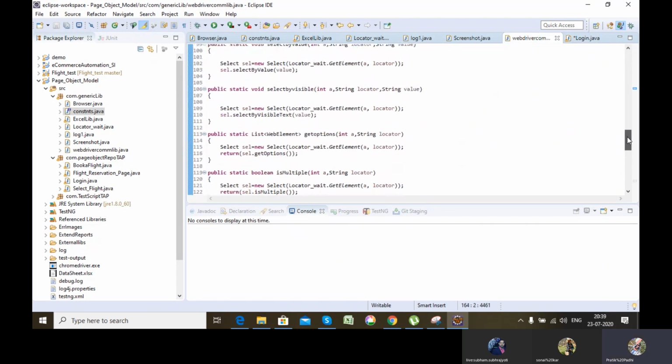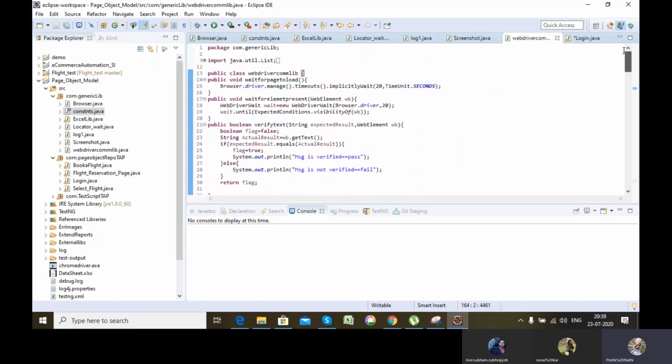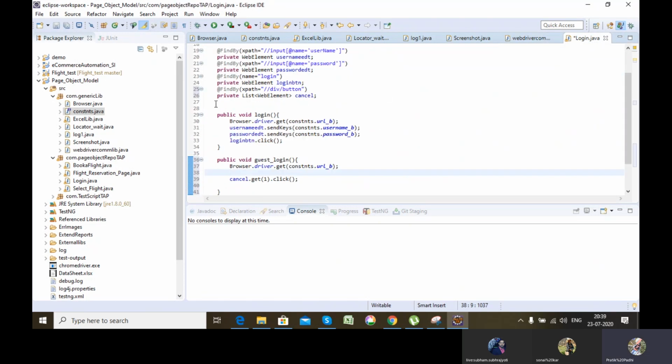So you can see I can use this particular class to implement the time factor.